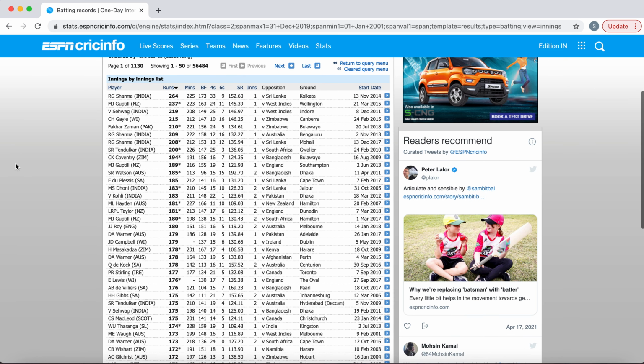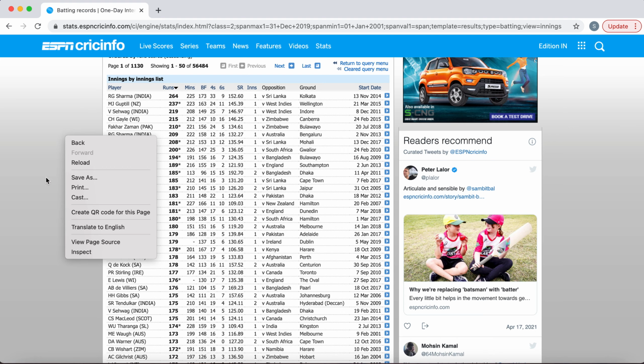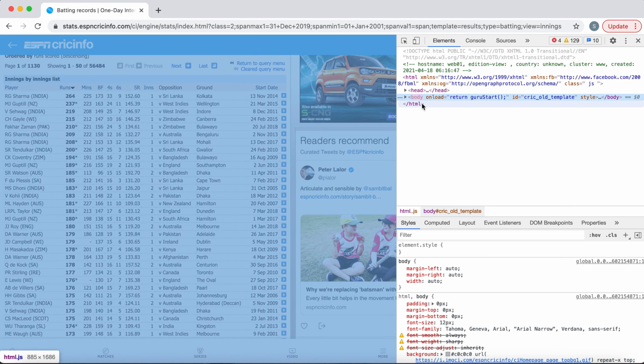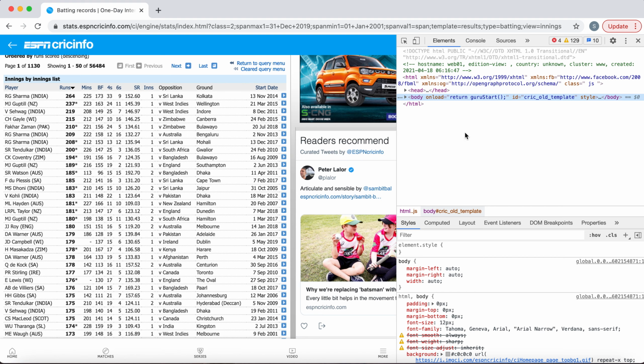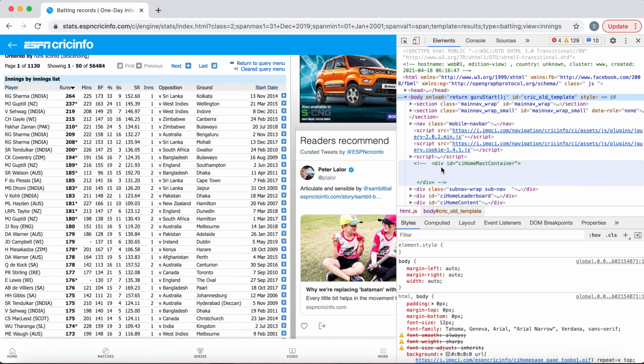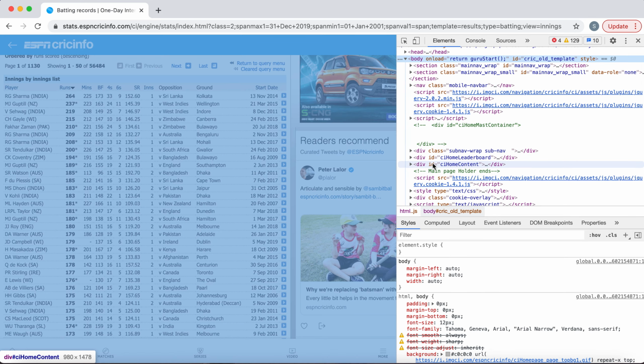But for that you need to have a little bit of knowledge of HTML, so how this web page has been designed. So I will just go to inspect element. You can right click and go to inspect element. As you can see, here is a body tag, where my code has been written. And then we have a few div tags.